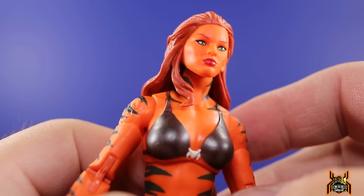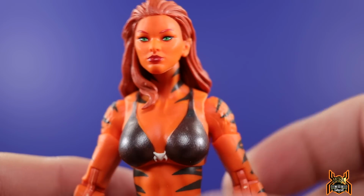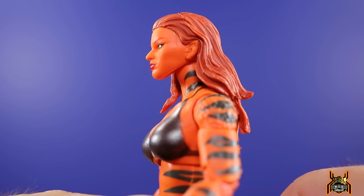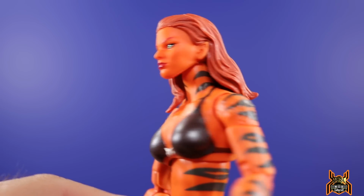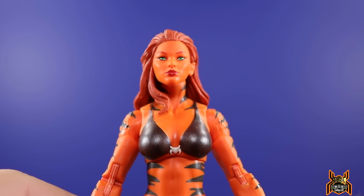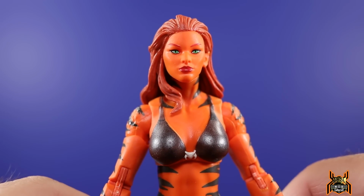But because of that, I just feel like that head fit on there a little bit odd. It was kind of a pain to put on, whereas this one simply snaps on, no problem. And for me, it feels like it sits a little bit lower on the neck, so it looks a little bit better. So this is the way I'm probably going to display her,